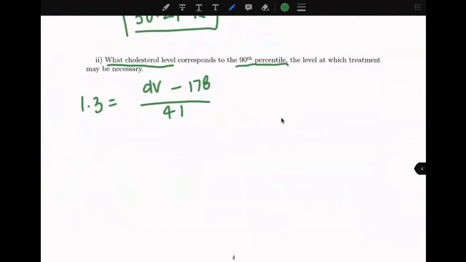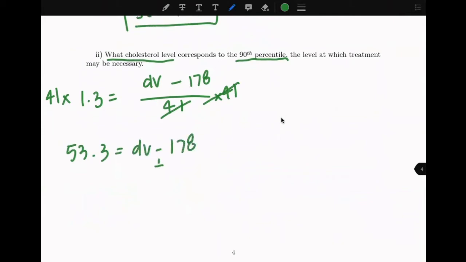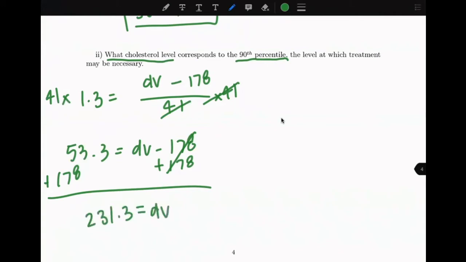So the first thing that we're going to need to do is multiply by 41 on both sides. So we'll have 53.3 is equal to data value minus 178. And then we'll add 178, add 178. You should get 231.3. Which means that the cholesterol